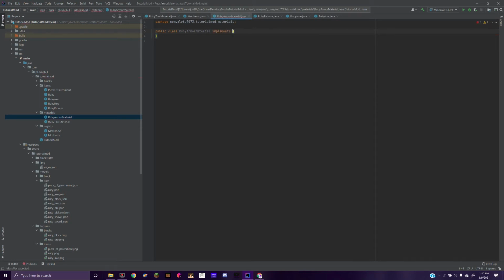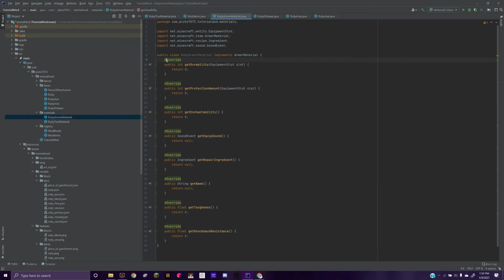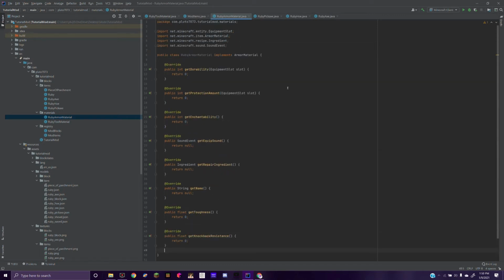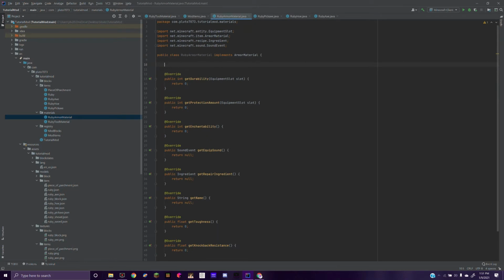This is going to implement an armor material, and make sure to implement these methods. Just add a little enter for some space. Then, just for simplicity, we're going to create two arrays and make them private. We're going to say private static final int, an array of ints, and we're going to call it durability. And this is going to equal